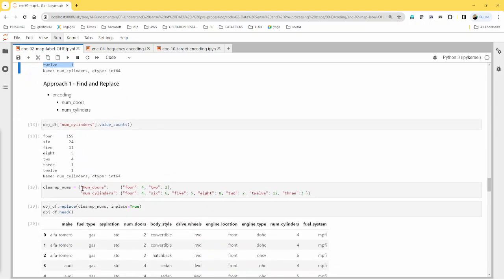That means we are going to create a dictionary mapping of columns, let's say number of doors. The existing value, wherever it is 4, make it digit 4. Wherever it is 2, make it digit 2. Similarly, for number of cylinders also, if it is 4, make it 4, and so on and so forth. Okay, so in this case, it's quite easy. It makes sense to use numeric representation,